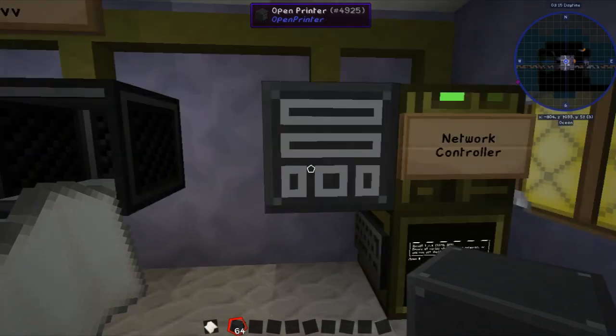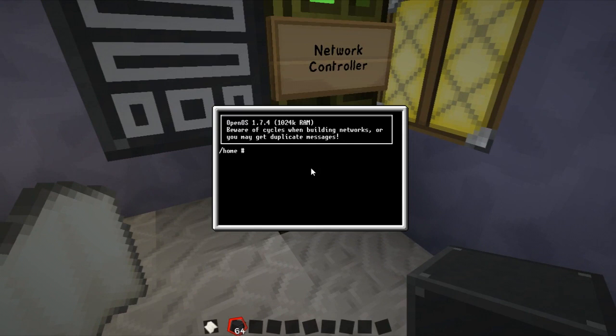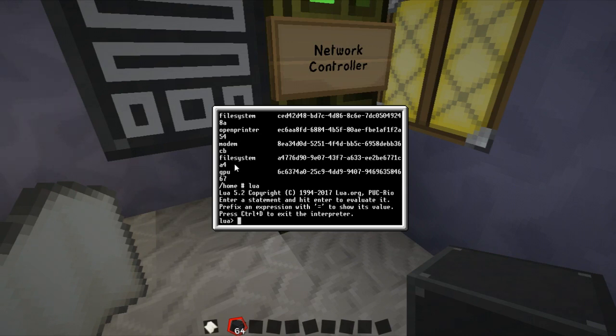Yeah, let's place it there. So now that the printer's plugged in, we should be able to go into the Lua. Actually, let's go to components, see what's connected. So there should be OpenPrinter, there it is, cool. So we'll go to Lua, and we're going to go